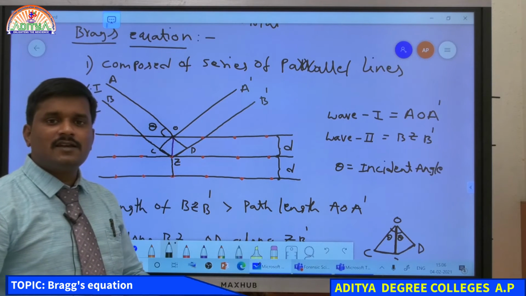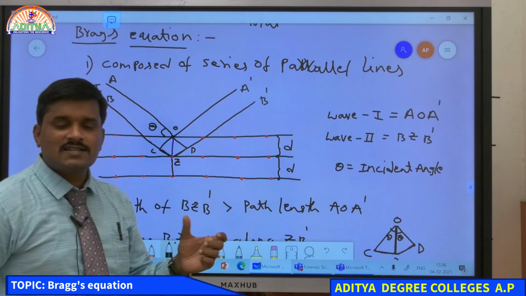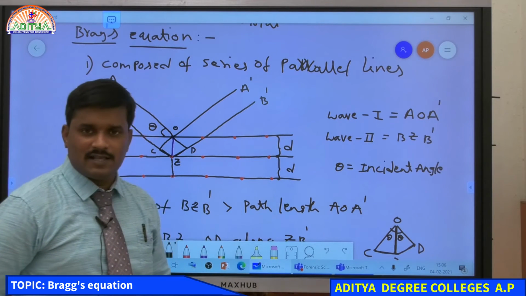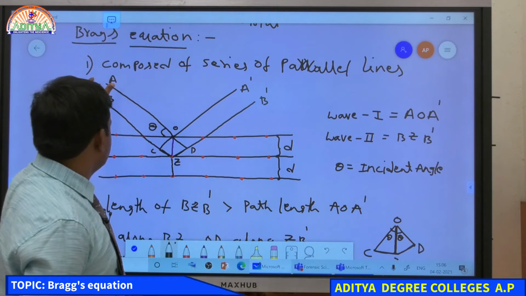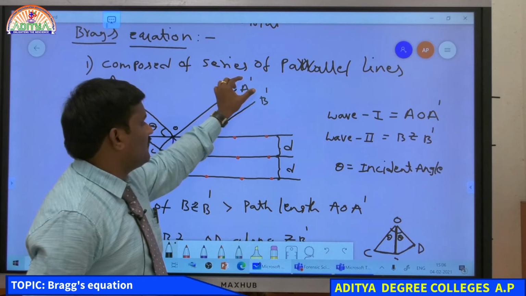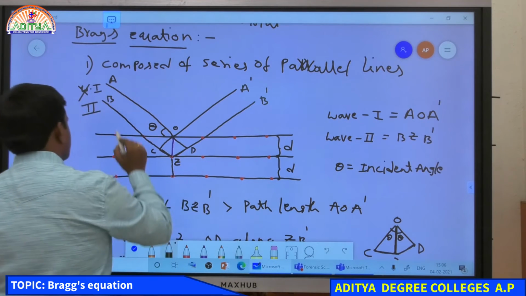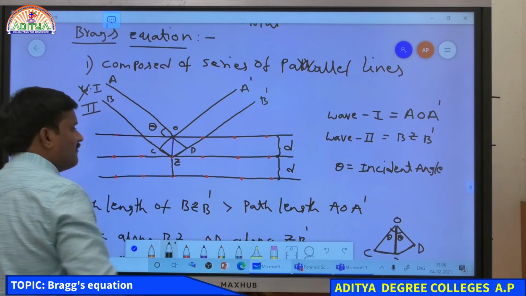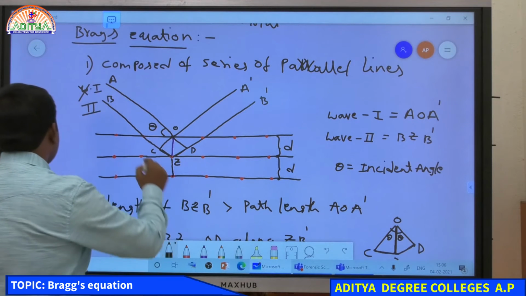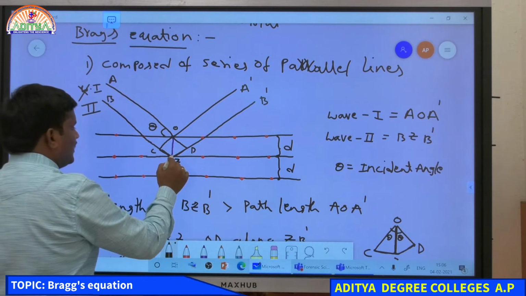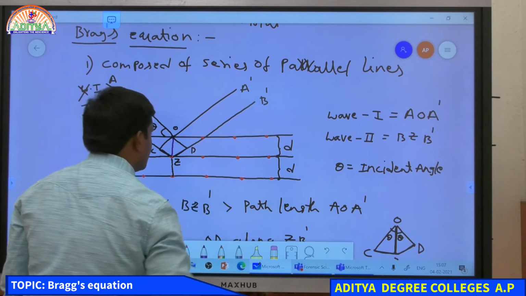So whenever X-rays are incident on any atom present in one layer, some fraction of the X-rays penetrates into the next level and the remaining fraction is reflected in the opposite direction. So this is the incident light and this is the reflected light. So this is X-ray 1 having some wavelength. Whenever the second wave is incident on the second layer, it again penetrates into the next level and some fraction is transmitted in that direction.